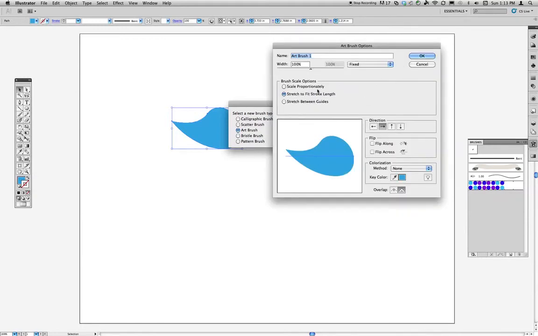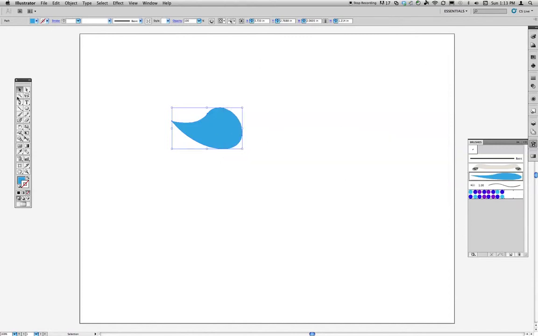And you'll see the same settings here as we had with the banner. Stretch to fit stroke length, stretch between guides, scale proportionately. I'm just going to say keep it on stretch to fit stroke length, and keep it on its default method. You have different methods of tints and shades, which I'll go over in a moment. So right now, if I click off of this, select my brush tool, make sure I've got this brush selected,